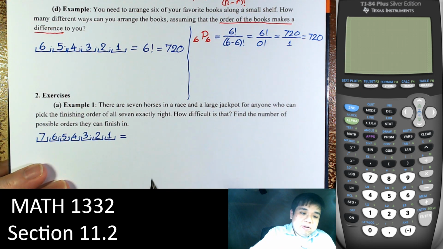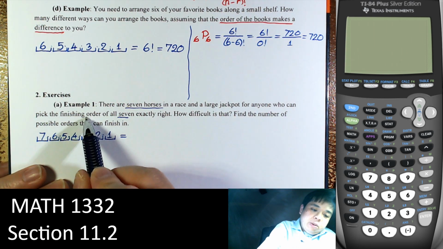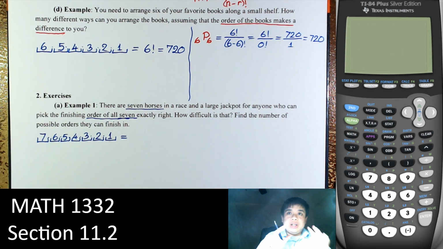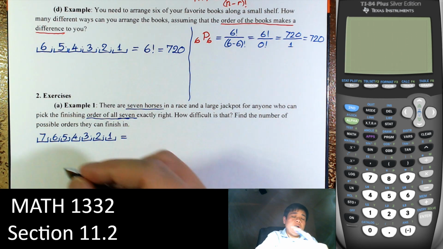Right, because we have 7 horses, and we pick all 7, order all 7 exactly. Of course, in this case, order does matter, because if order doesn't matter, you have 7 horses and there's only one option to choose all of them, right? So order here does matter. For the first part, you can choose any of those 7. The second spot, you only have 6 left. So you have 6, then 5, 4, 3, 2, 1. All of that together,